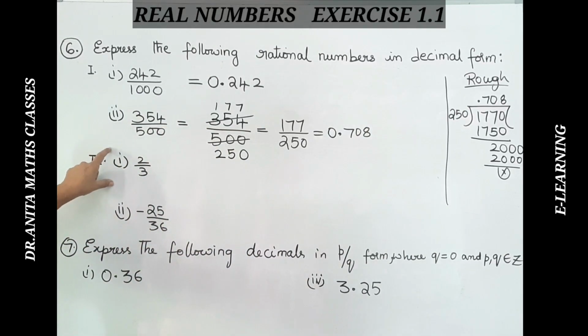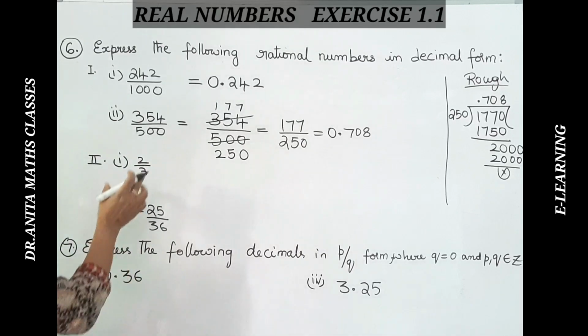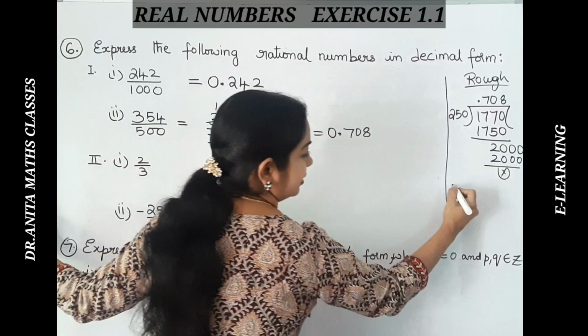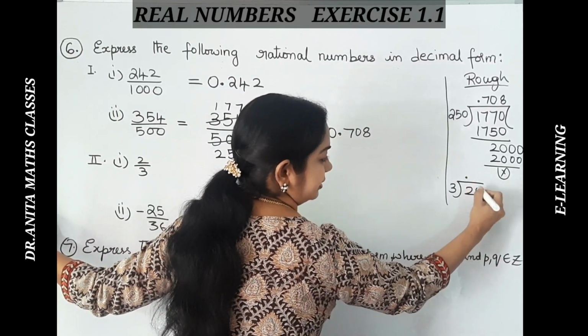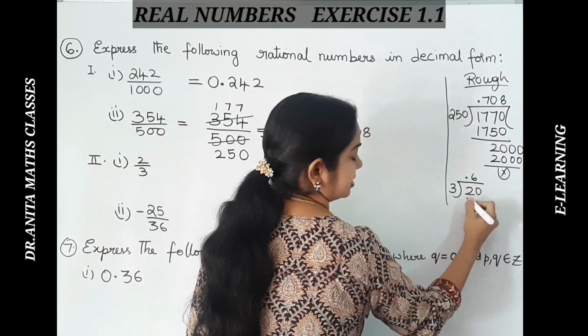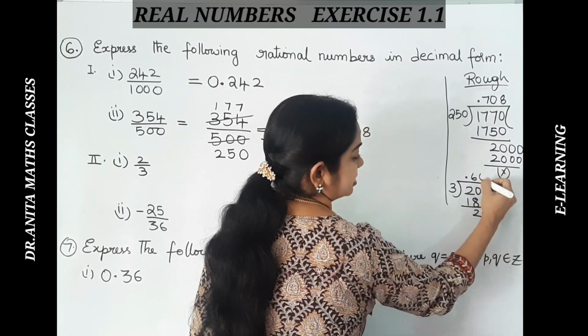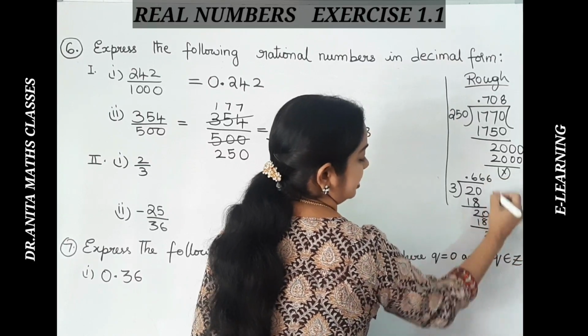Now moving on to here, this is the second part. Express the following rational numbers in decimal form. There are other problems here, do them for yourself, okay? And the second one, again we have to express in decimal form. Simply we will be placing the decimal point, placing a 0 and just dividing, okay? 2, 6, 3, 6, 18. So again, 2, you can take 0, 6, 18.